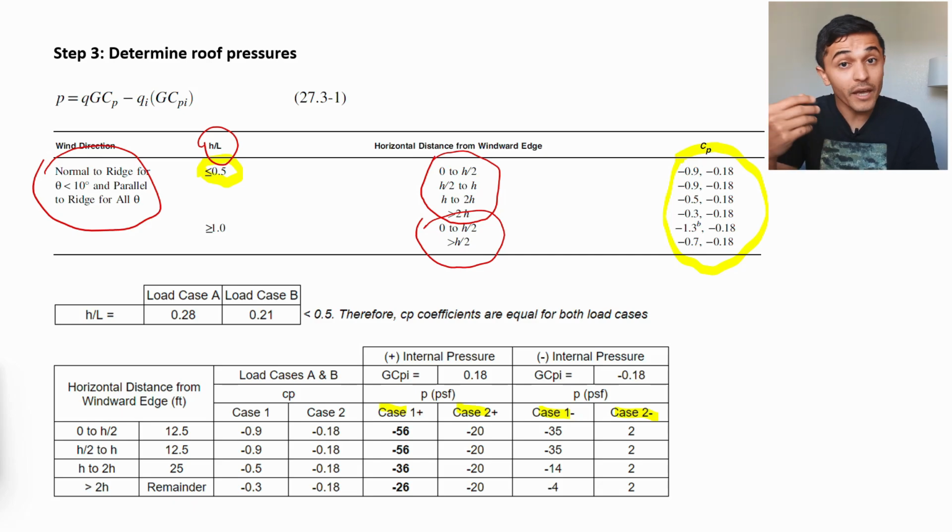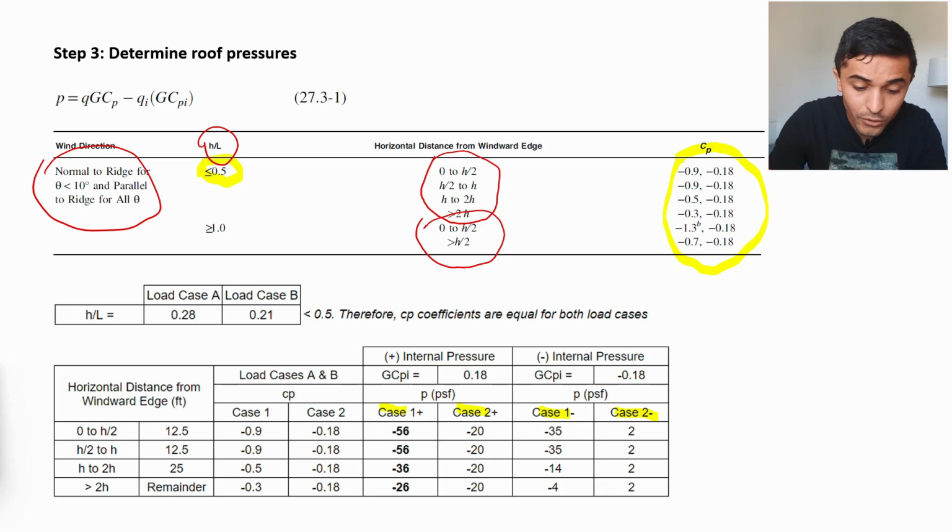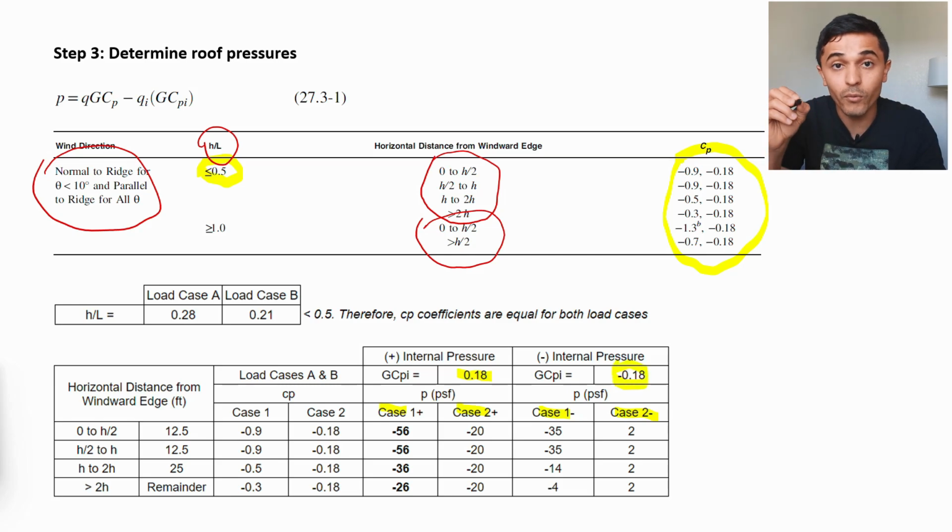And we have internal pressure that can be either positive or negative. If the internal pressure is positive, the coefficient GCPI is positive 0.18. If it's negative, it's negative 0.18. And then for each one of them, we're going to run a case in which C sub P is negative 0.9 and then C sub P is negative 0.18, and do the same thing for the internal pressure. Then we come up